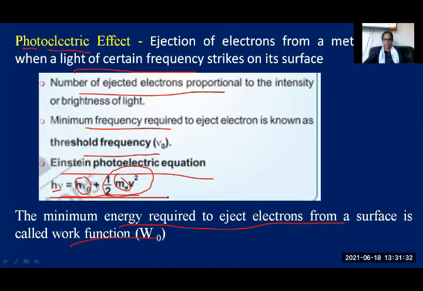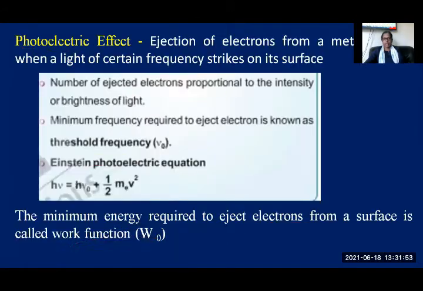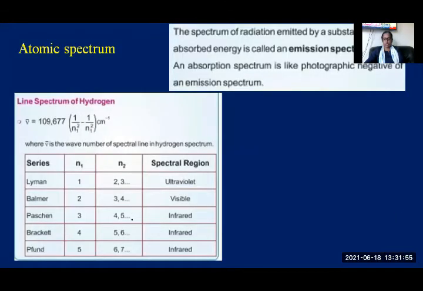Be very careful with this equation; many questions have been asked based on it in the CET and the NEET exams. h nu is equal to h nu naught plus half m v square, where m is the mass of the electron ejected from the surface. Clear? Yes. Then, based on these two, the photoelectric effect and black body radiation,